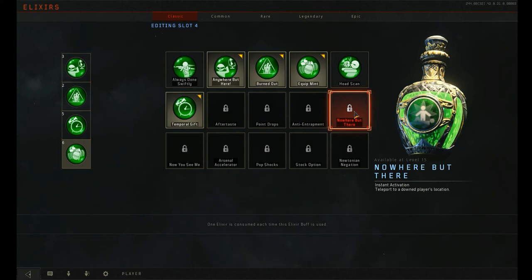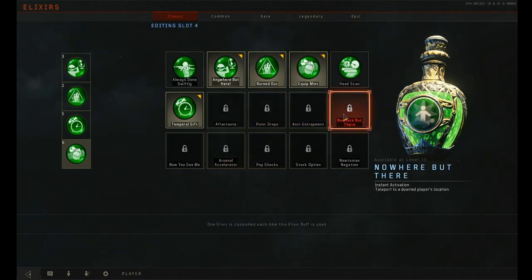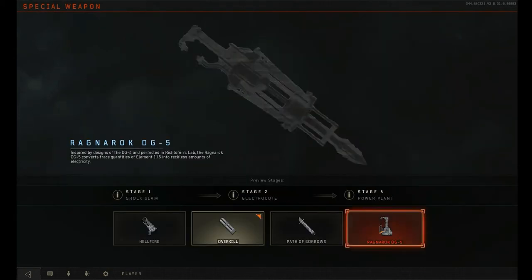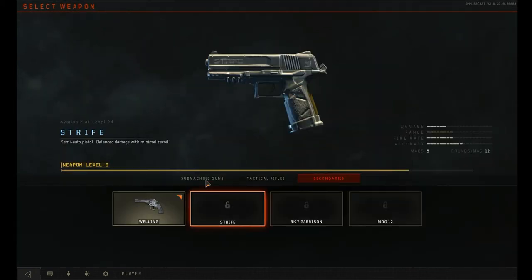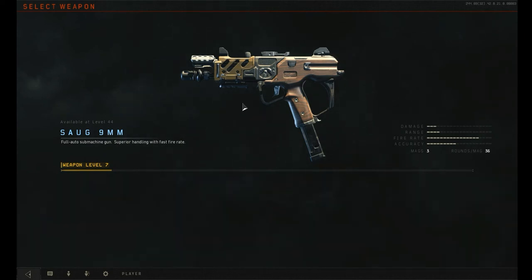It's pretty good for Sentry Guns. So anyway, that's the elixirs I would choose. And anywhere but here and Arsenal Accelerator are also really good, but I don't think they're very needed, so it's not really necessary in my opinion. And then you can't unlock permanently any starting weapons, so you have to start with the Welling, so that's kind of unfortunate, but